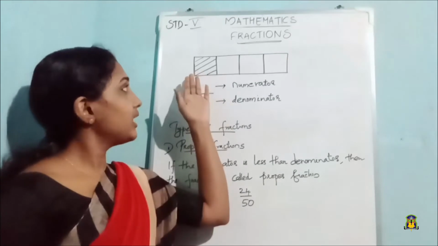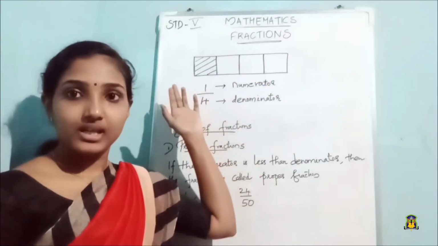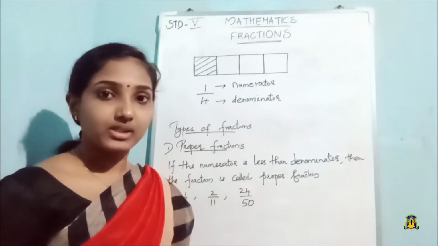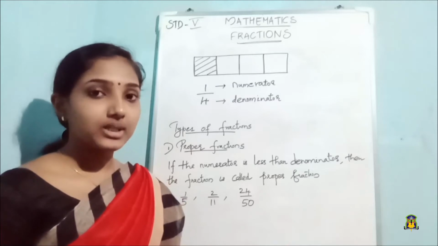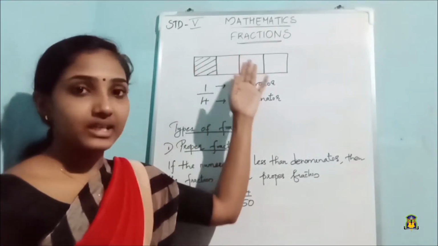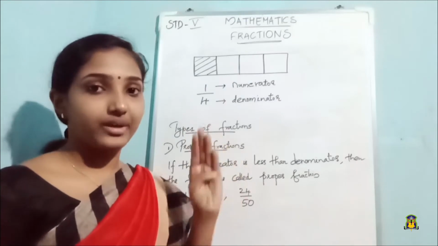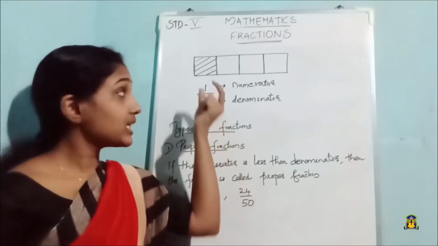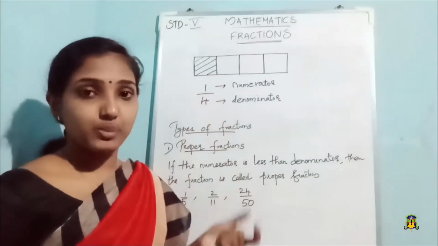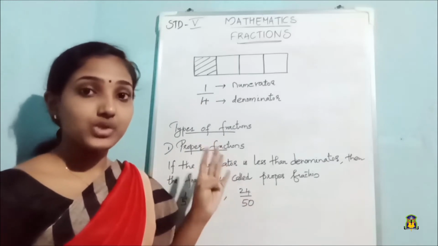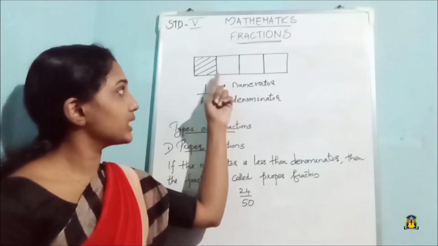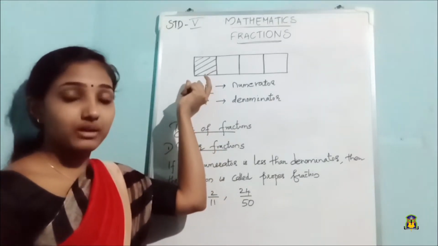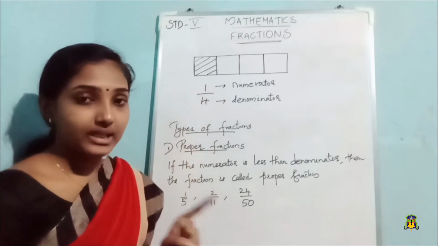Here, look, I have a chocolate piece and I have to share it equally among 4 of the students. For that, I have divided this chocolate into 4 equal parts, and each student will get one part. I have to share it among 4 students, so each student will get one part. So the portion of this chocolate that one student will get is